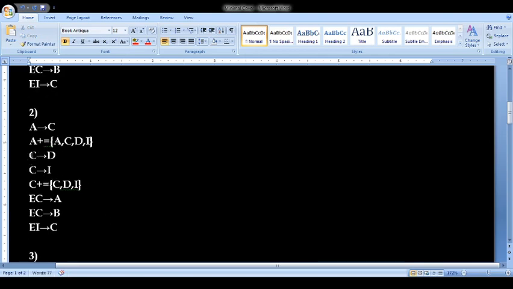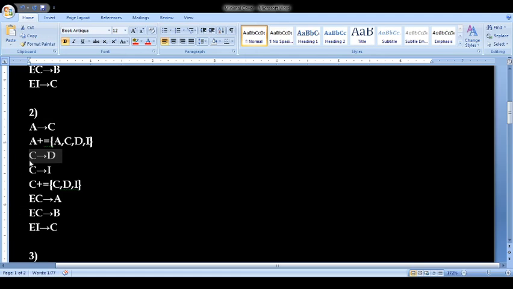So that will come in the third one. Next is C implies D. Same way as we have done in the first case, just ignore this functional dependency and try to find C closure. So now finding C closure, we will get C and this is not there, so you will not get D. Then from C you will get I. Okay. Then nothing else, because E is not there, so you cannot go through these.